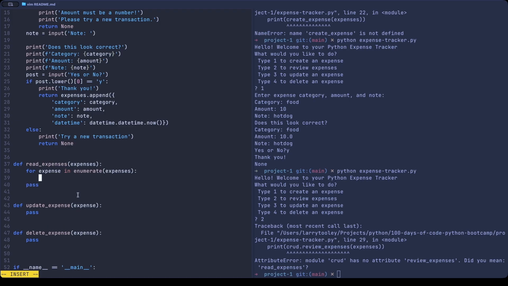And we're going to print a formatted multi-line string, just a formatted string that has the index, space, we'll say expense